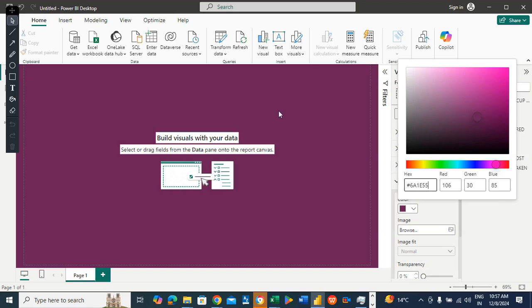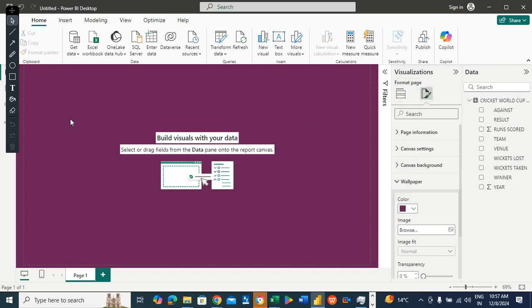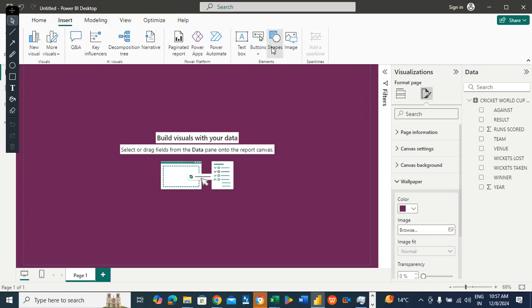It has the hash and the number and the alphabets. All right, so this part is done. I've done the formatting of the page. All right, and now I'll be inserting the shape,